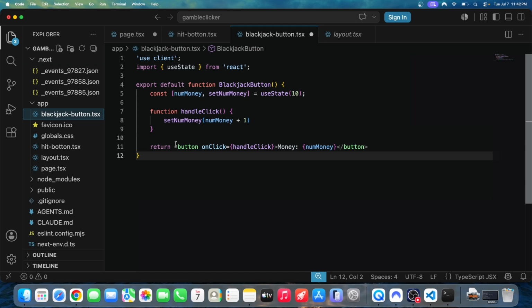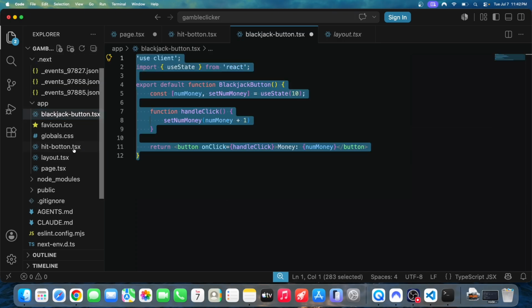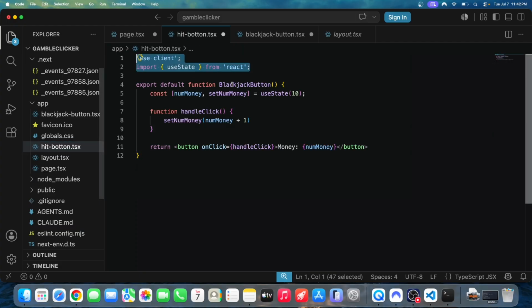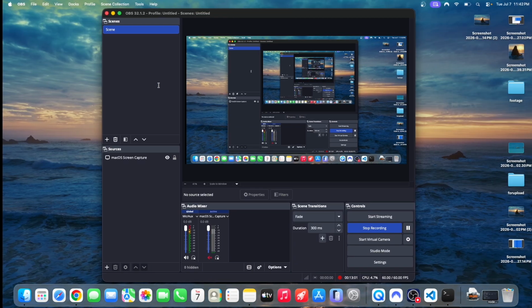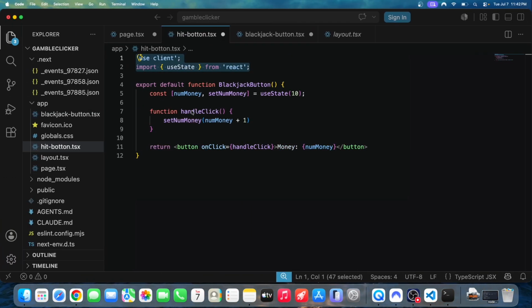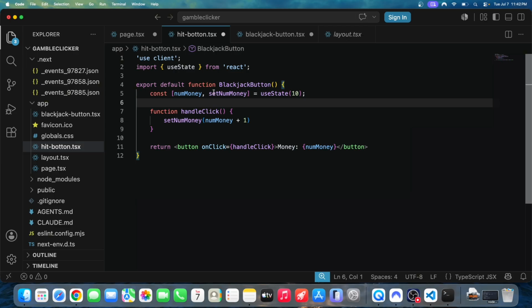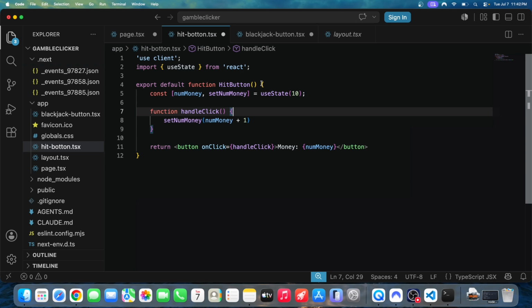Alright, so we're gonna have a very similar setup where we'll basically need this. So let's copy this hit button into here. Seems alright. I'm recording, right? Yep. There's a hit button. Alright. So we're gonna change this to hit button. And the use state would be